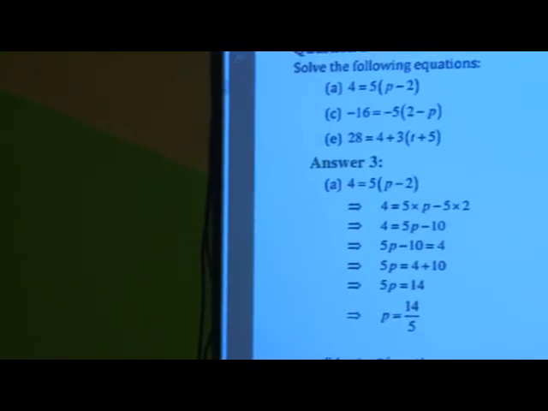Already we had started with simple equations. We had completed 4.1, 4.2 and 4.3. Some more equations we will try to solve with the transposing method, or we can add or subtract on both sides. Today we will have some more equations. We will start with solving the equation. Here we have some examples, we will try to solve step by step.